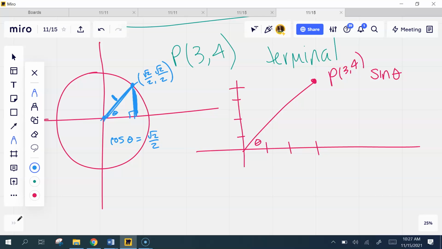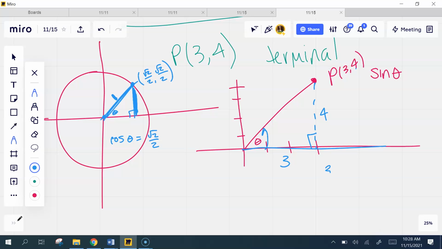But what I have to do is think about it in terms of this triangle. So if this point is on the terminal side of my angle, in standard position, here's my initial side, my theta is measuring this way. If I drop this down and made a triangle out of it, what is the height of that triangle? What is the length of that triangle? How could you find the hypotenuse length? Pythagorean theorem,